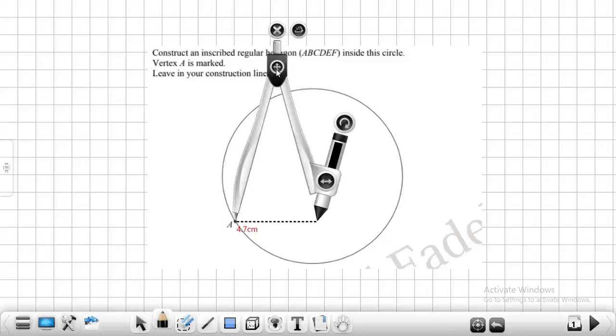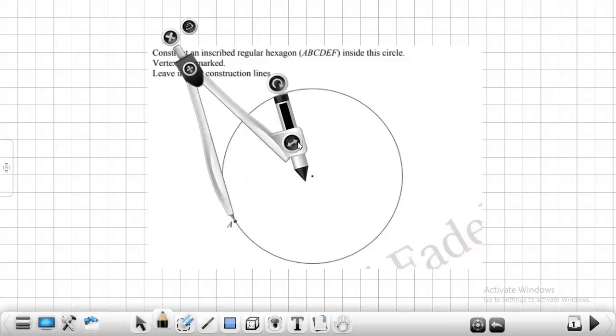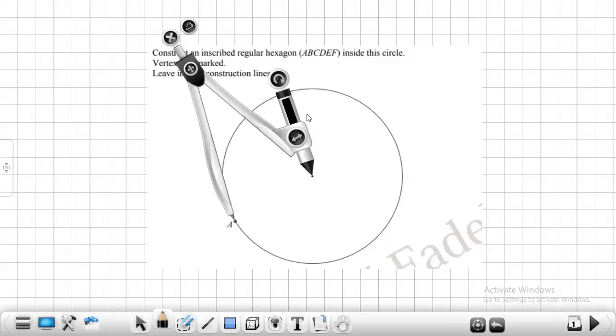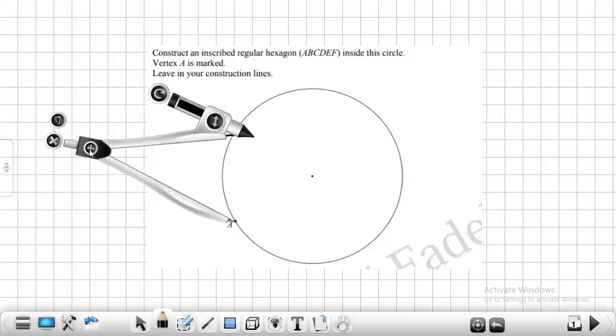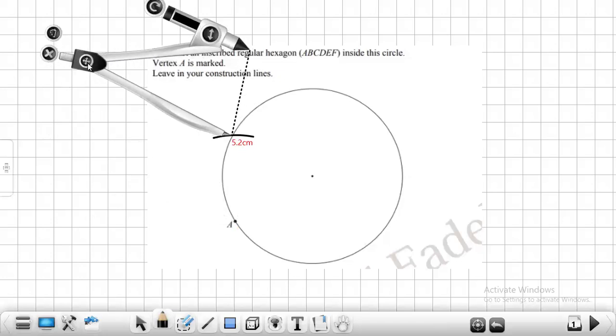So I should start exactly by putting the compasses on vertex A this way, and you open your compasses exactly the same size as the radius. So right now, I opened it exactly as the radius. Hopefully it is accurate enough. Okay. Now we draw an arc over here, and then I go to that arc and I stop there, and I draw another arc